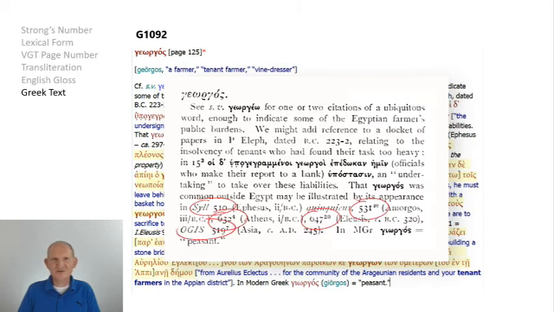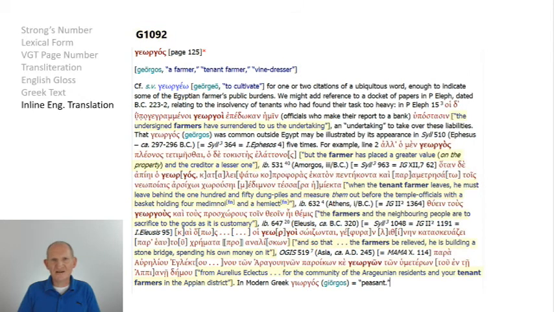So what I've done to help you is I've located the source and included the text here in VGNTS. Also, along with the Greek text, I've provided an English translation. That way you can see how the word functions in the sentence in terms of the meaning and context, and also the syntax.